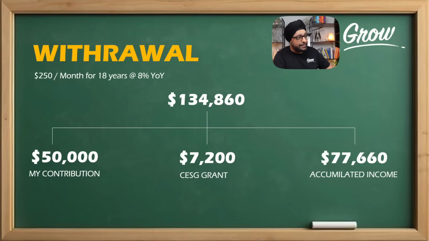You have just more than doubled your money in the last 18 years because you have invested in assets that are growing, and all the dividends and everything has just compounded the money. And the $77,660 is all the growth component of this $134,000, which is more than half of the entire amount. Now you can withdraw anytime, any amount tax-free from your contribution because that's your money. It's already tax-paid dollars. You don't have to do anything. You can withdraw it anytime, anywhere, even before the kid is going into college. So that's your contribution, that's yours to be used.